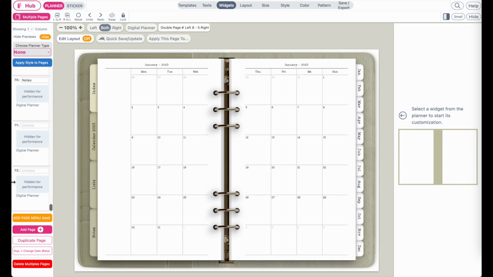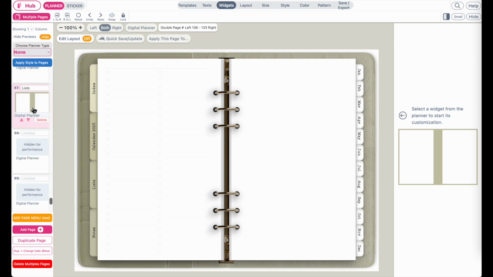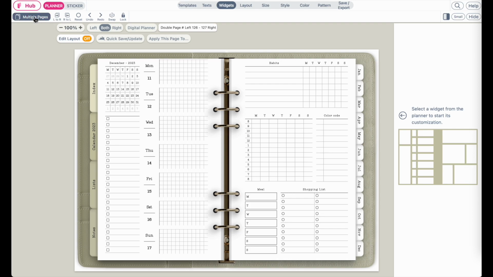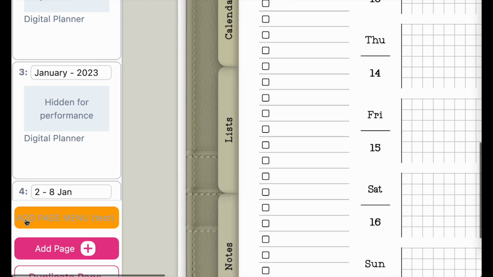It has in total 72 pages. The last few pages are notes pages. Now, to create a 2024 version, you would do the exact same thing. Have the multiple page panel open and then navigate and click on the Add Page button, this yellow button right